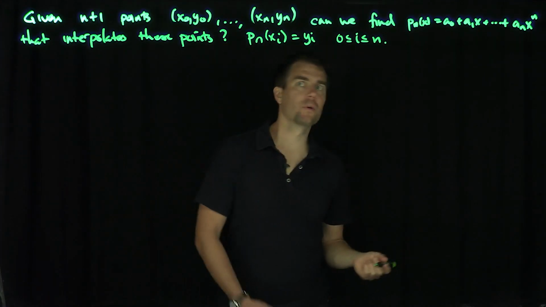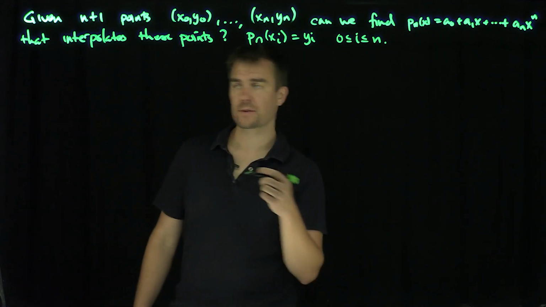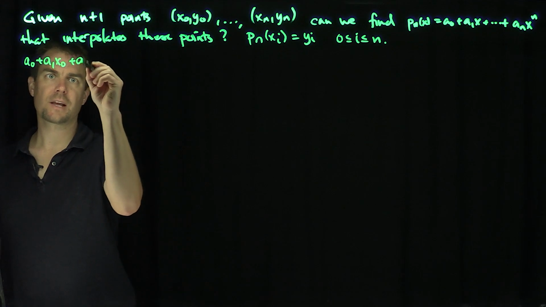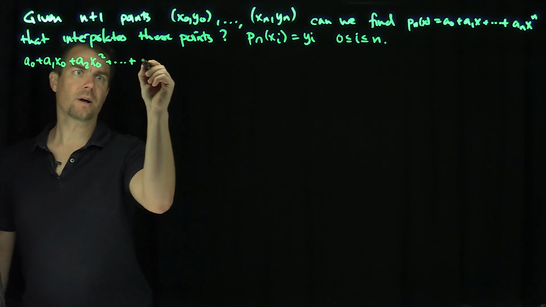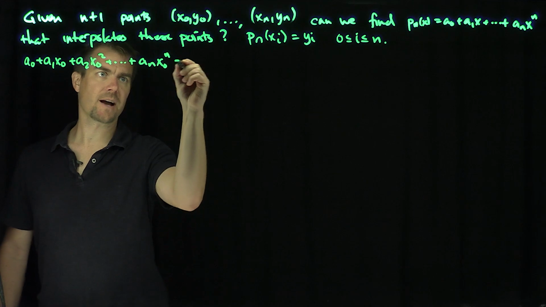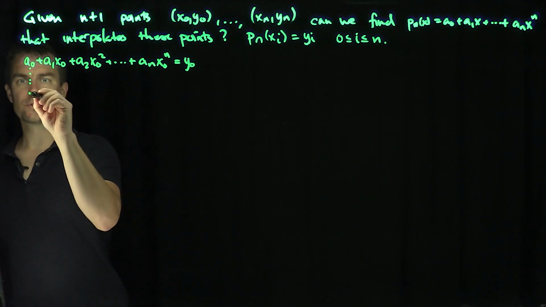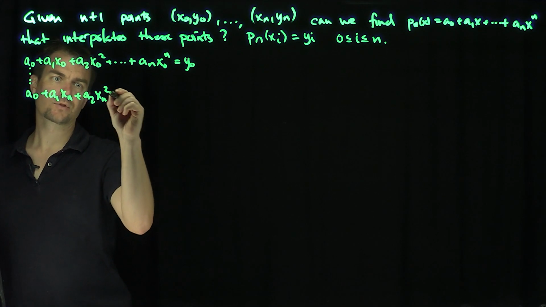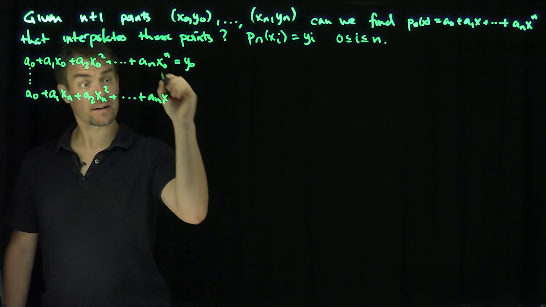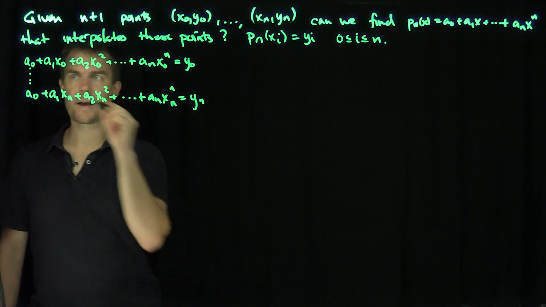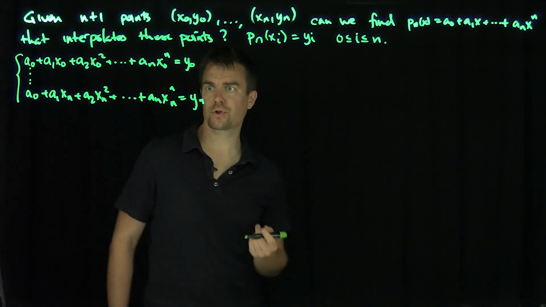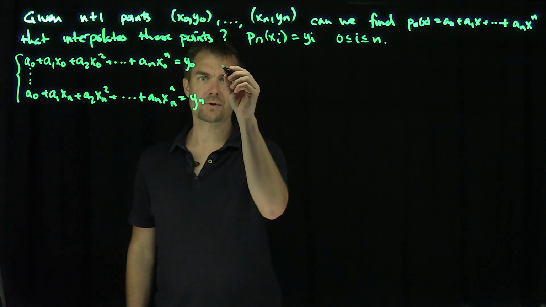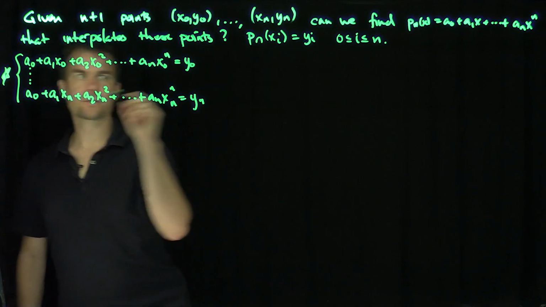And of course, we know the answer to this comes from linear algebra, right? So I can write this as a linear algebra problem. I need a0 + a1 x0 + a2 x0 squared + ... + an x0 to the n to be y0, all the way down to a0 + a1 xn + a2 xn squared + ... + an xn to the n equal to yn. I need this system of equations to have a solution, and that corresponds to the coefficient matrix having a non-zero determinant. Let's call this system star. So star is solvable